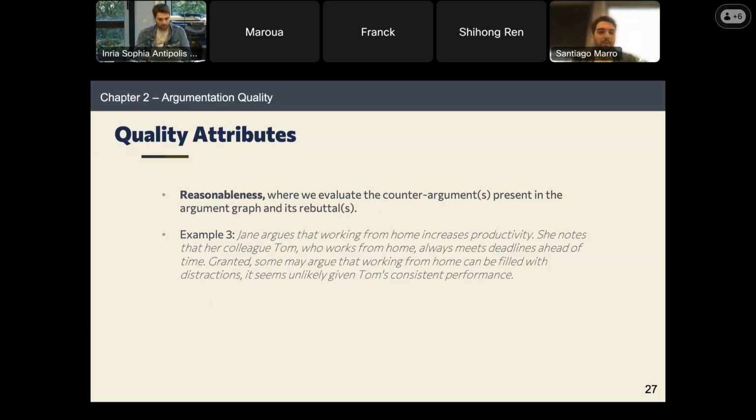She noticed that her colleague Tom, who works from home, always meets the deadlines ahead of time. And some may say that working from home can be filled with distractions, but it seems unlikely given Tom's consistent performance. So here, as I said, it's anticipating a counter-argument. It's saying, okay, some may say that you will be distracted at home, but it's refuting it by saying that Tom has a consistent performance and is having increased productivity.